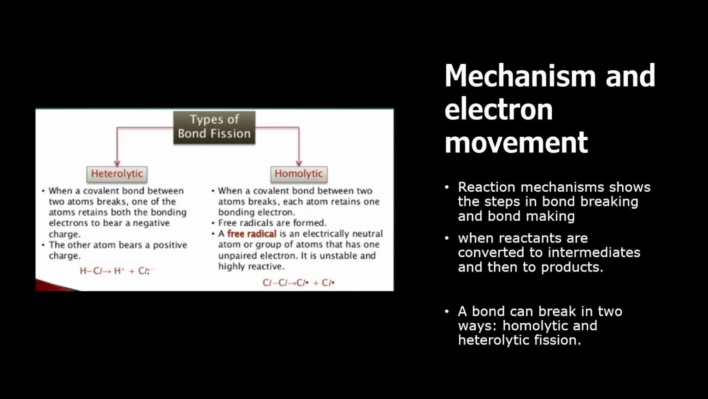that occurs within organic chemistry. Bonds break and bonds form. I know, really crazy. But we have to really study how bonds break and how they form. If we have a covalent bond between two atoms, one of the atoms can keep an electron to bear a negative charge, and the other will bear a positive charge. Meaning that if we have something like this, using an example from there,